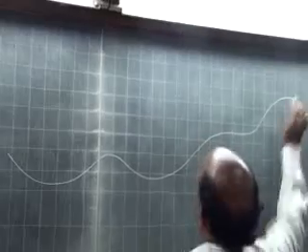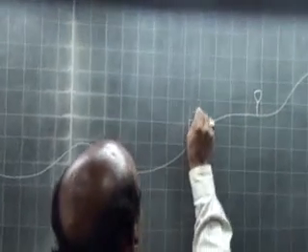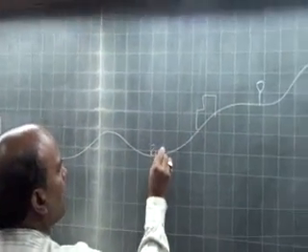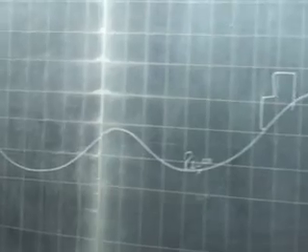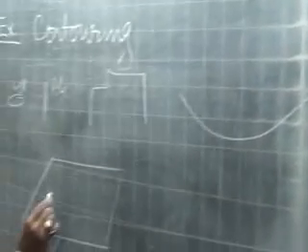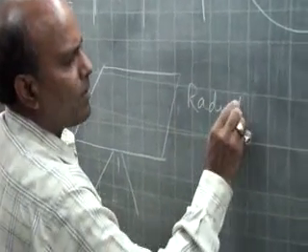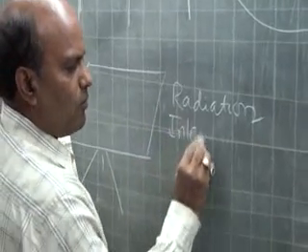If you see the profile of the ground, it is something like this. The tree is here, the house is at this elevation, and you have some river at this particular point like this. So there are points with different elevation values. So here our job is to find out the elevations of these points. So while doing here on plane table, radiation method of plotting or intersection method of plotting.